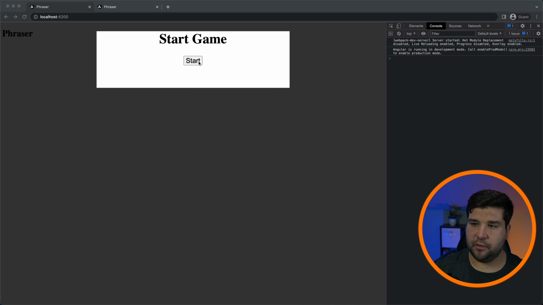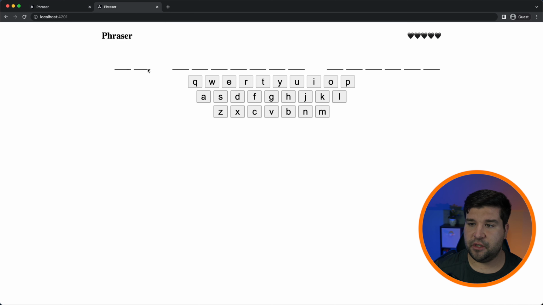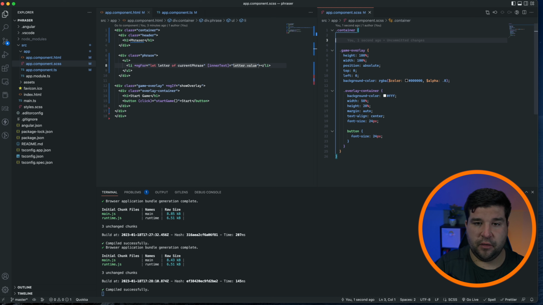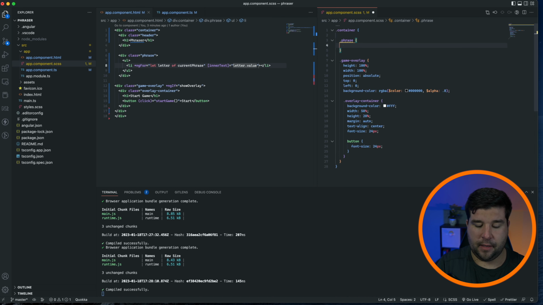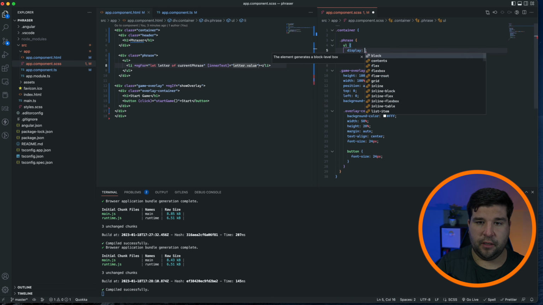So let's come back to the browser, we'll click start, and we can see that we now have list items for the letters in our selected phrase. Now let's go back to our example, and we want to show the letters in a line horizontally like this. So back in VS Code, we want to target the phrase div, and then set the unordered list to display